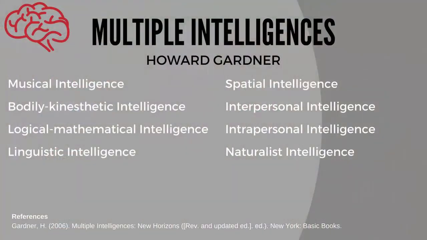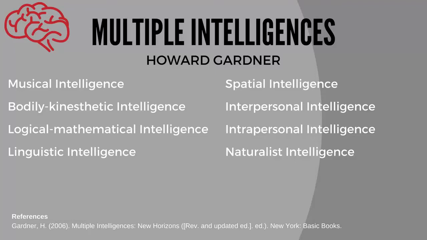According to this model, there are 8 different intelligences that an individual may exhibit. These intelligences are musical intelligence, bodily kinesthetic intelligence, logical mathematical intelligence, linguistic intelligence, spatial intelligence, interpersonal intelligence, intrapersonal intelligence, and